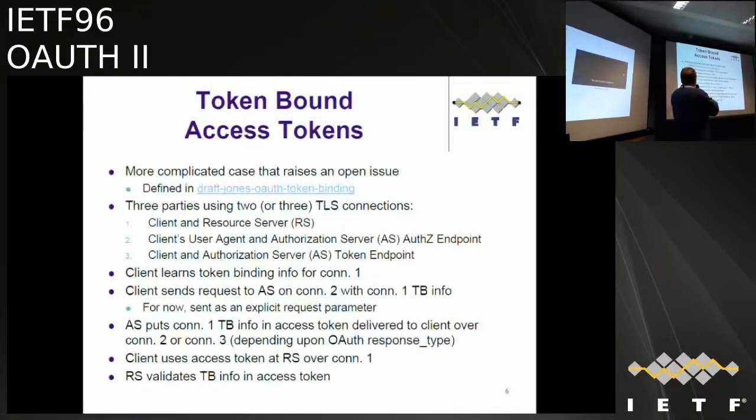You can still do this in a similar pattern. You want the client to learn the token binding for the resource server, which is the ultimate target of the access token. And you really then want that to be communicated to the authorization server so it can put that token binding ID in the access token or associate it with the access token so that the resource server can check it. And so it's a lot like the federation use case, but the actual mechanics are a little different. Next.